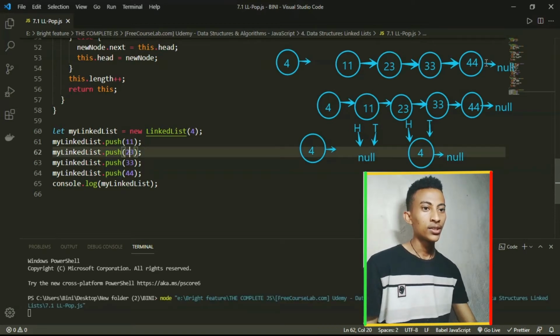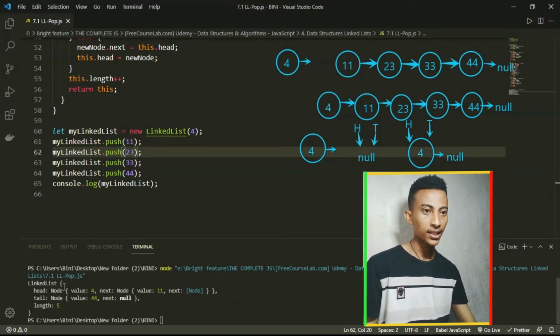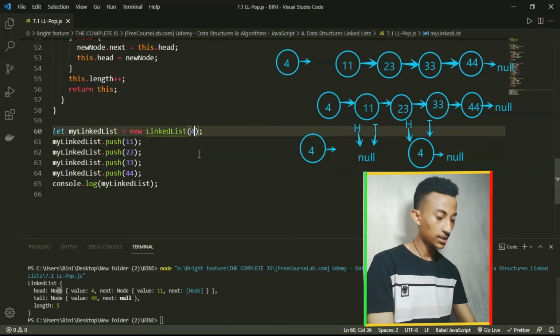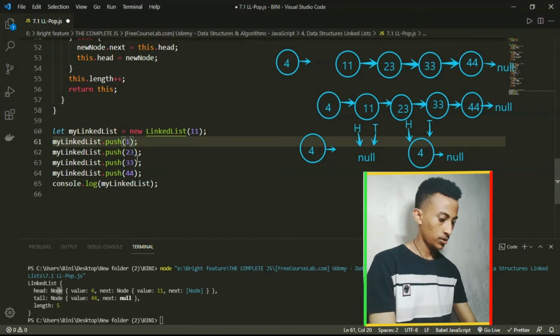Look, this linked list head, the length is 4, then it is pointing to 11 and 23. In this case, let me delete it. And 11, 23, 33